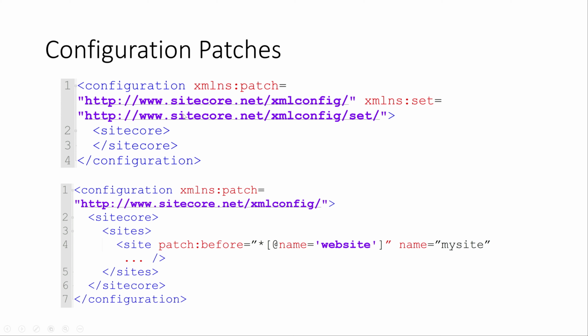There are some namespaces; by default you have to use this XML namespace, the patch XML config namespace. If you want to use some settings, then you can use this set as well. If you have created a new website, if you are following this series and the initial videos, we created a new website and one configuration file. There itself we applied a patch. You see here, this was one example: patch before name website. So we are patching it before website. I will show you in a moment.